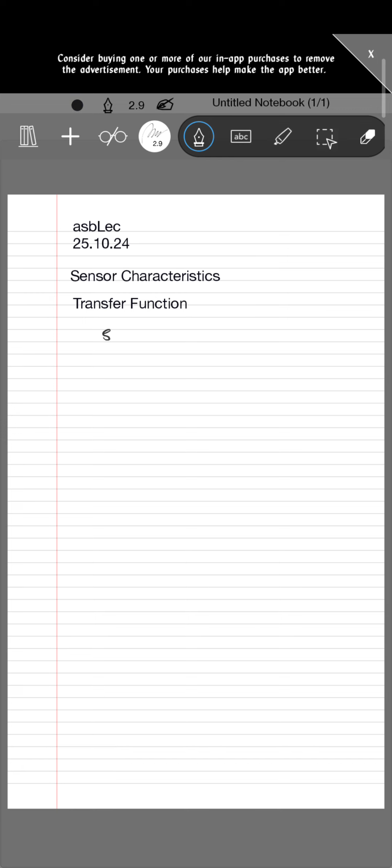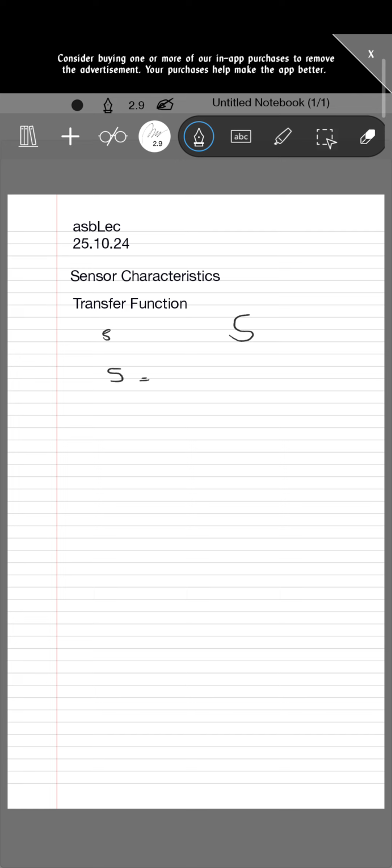which is represented by this small s, we get an output from the sensor, which let's say is an electrical output, that is capital S. Now these two are related to each other, but there may be different ways by which the stimulus is related to the output. If we have a unidimensional case, that is we require only one sensing stimulus, or the stimulus comes only one time, then we call it a unidimensional function, and in that case we can represent the output S